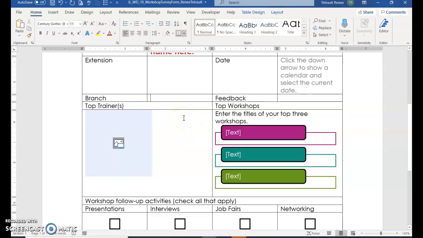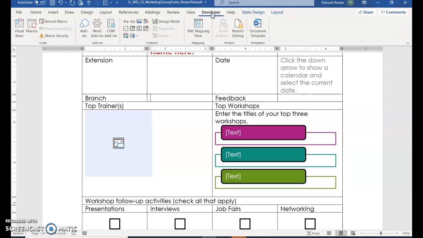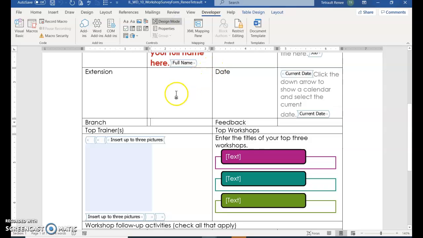Next, we're adding a drop-down content control. So click to the cell to the right of Branch and then click the Developer tab and make sure Design Mode is activated. So click it so it's grayed out. So in the cell to the right of Branch, back in the controls, we're looking for combo box content control,